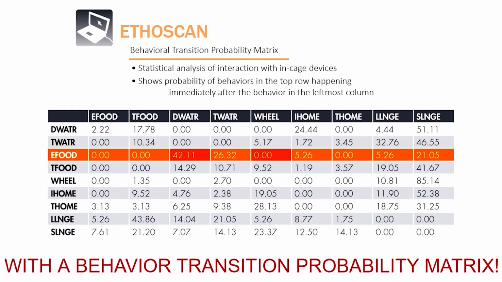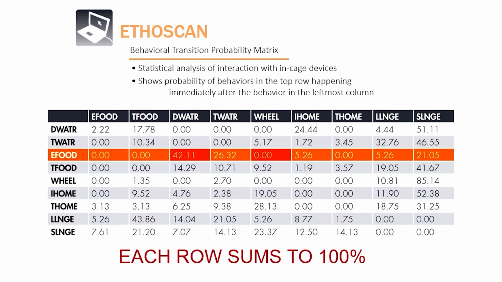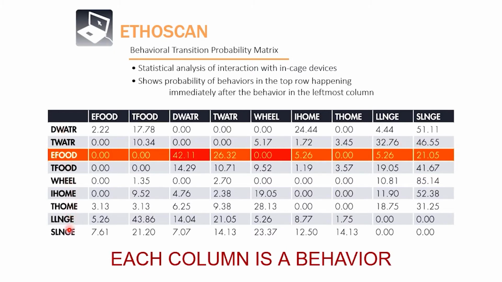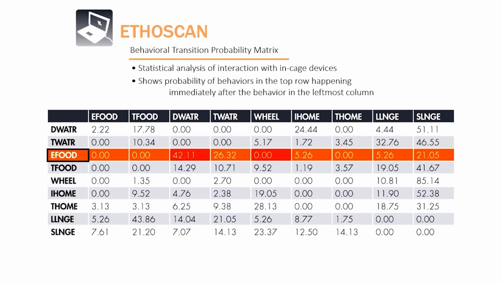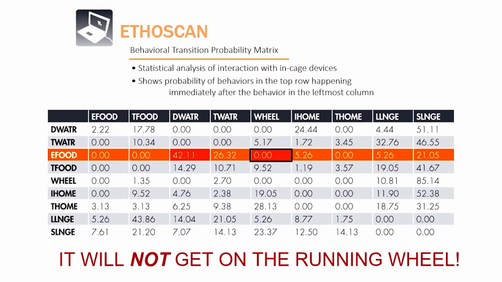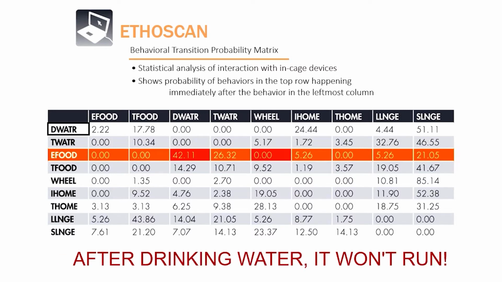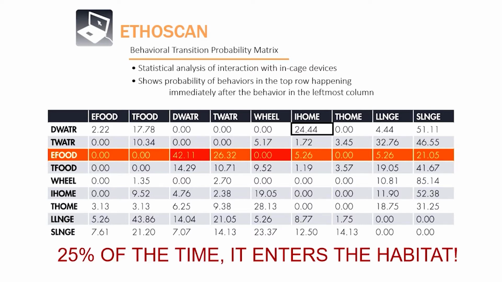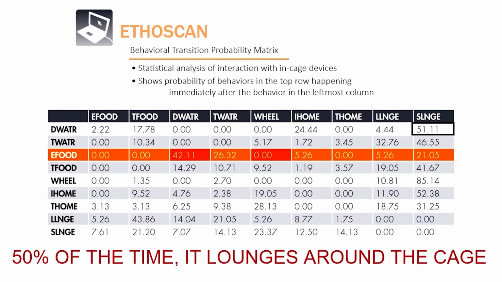Here is one way, and that's using a behavior transition probability matrix. Each row sums to 100% and each column corresponds to a particular behavior. So, as an example, eating food. After eating food, about 42% likely that the animal is going to drink water. It will not go on the running wheel. After drinking water, it also will not get on the running wheel. About a quarter of the time it'll get into its habitat, and about half the time it'll just lounge around